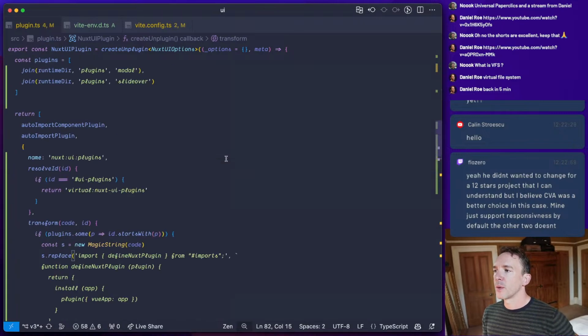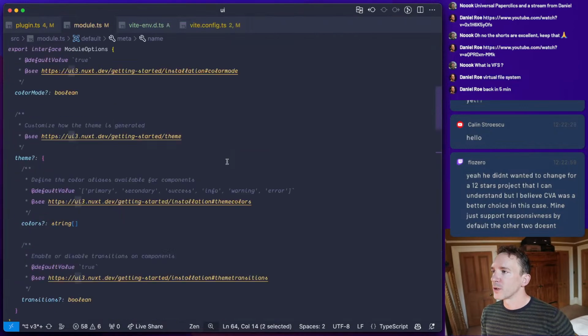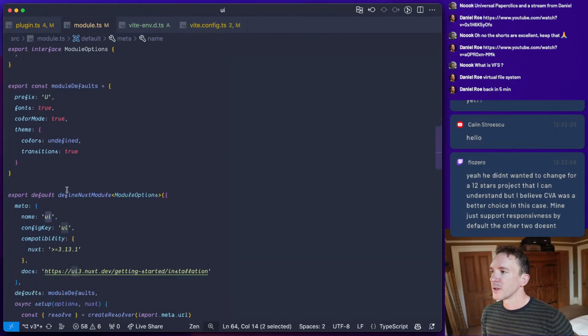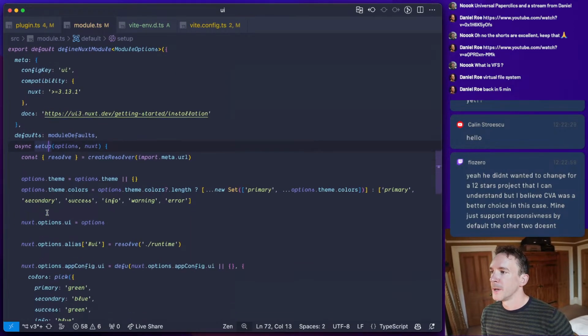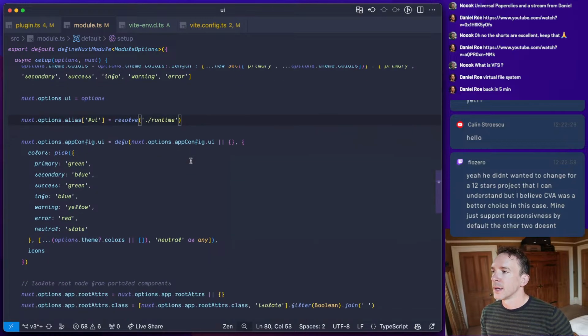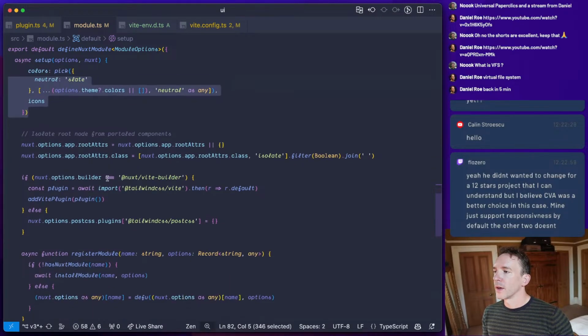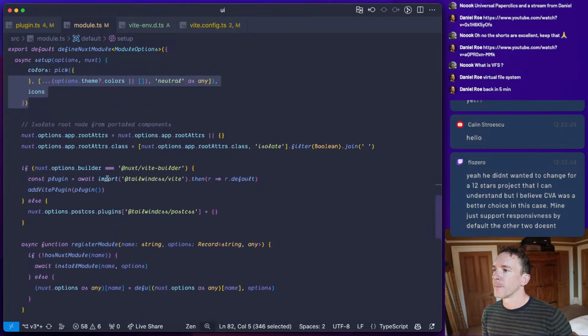But I do think I need to get the app config working first, because in our module, we have our options, we have our module defaults, which we're using. And now there are some things here. So the theme, the alias might not be supported. Okay, we want our UI. Okay, this is our app config here.